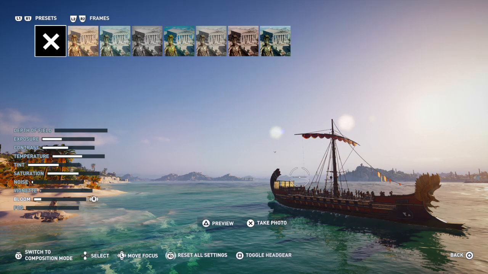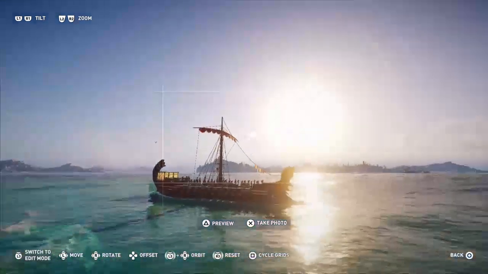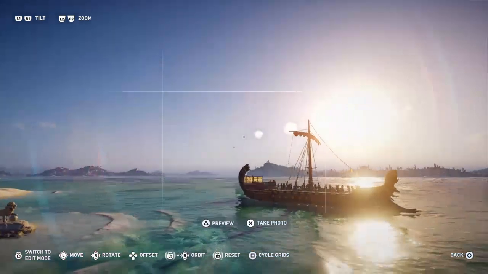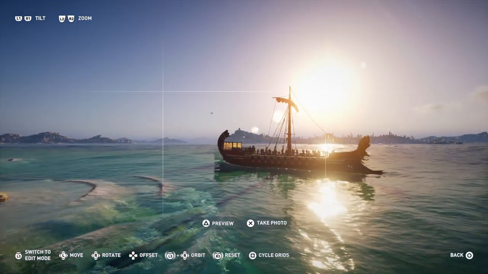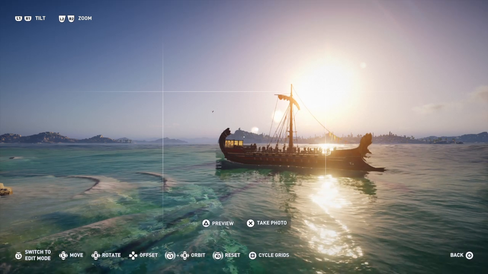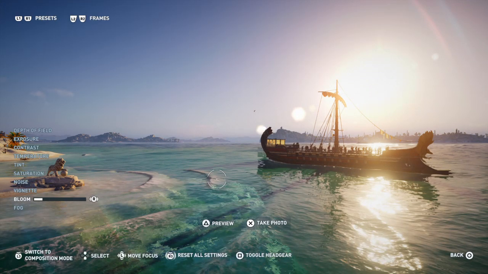The one thing I was going to show you was the framing that I had here, right about here, as far as the sun. It's called bloom, so you can turn that up and turn it down.